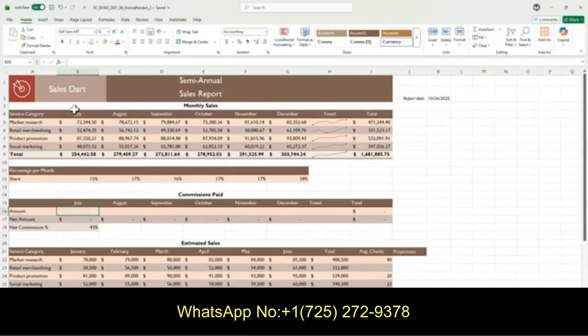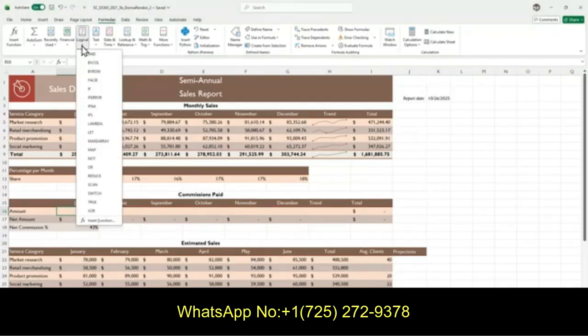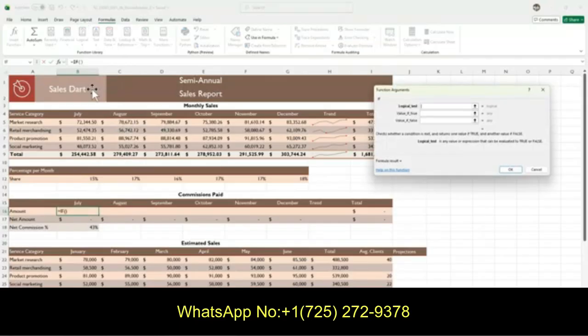Okay, and we're going to select the formulas. Formula, and then the if function could be in the logical tab. Yes, it's in the logical tab under formulas. Select the logical drop down menu and go down the list and select if.